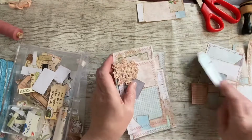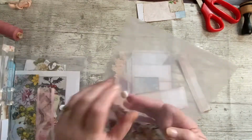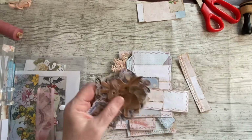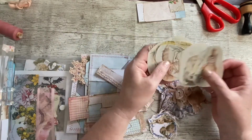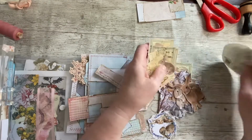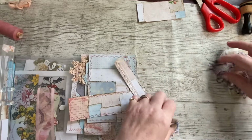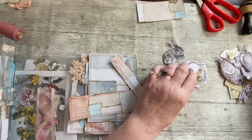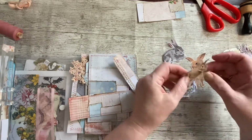So I have brought along my bunny rabbits that I said I had left. Yep, so we'll use some of these up. We'll get them out of this glaring paper. There's quite a few actually, so we'll only use some up. We won't use them all. Oh, and there's these little Peter Rabbit, or Beatrix Potter anyway. There's quite a few rabbity things in there, but I was thinking some of these bigger rabbit images on them, just to go in a love his ears, a spring journal maybe. Yeah, some of those ones,